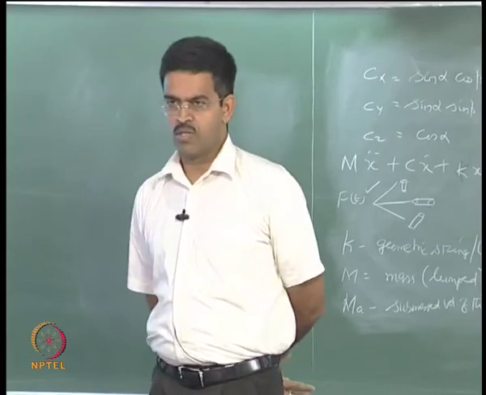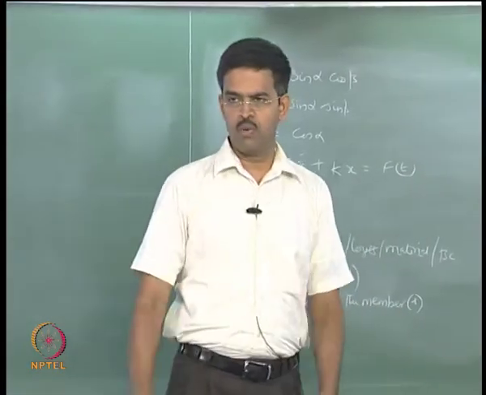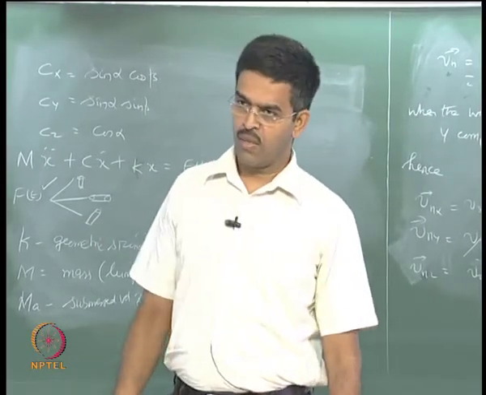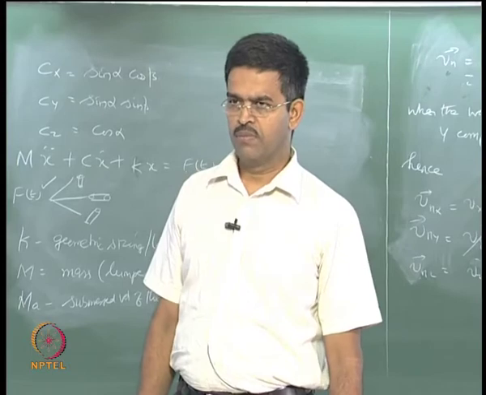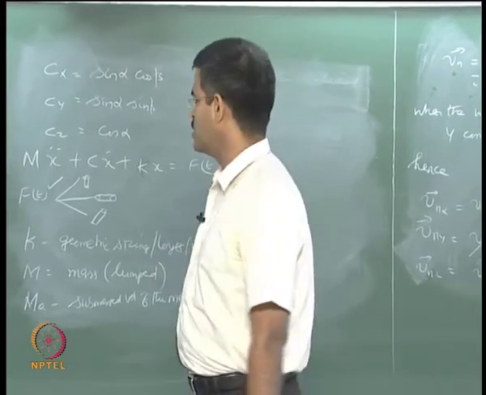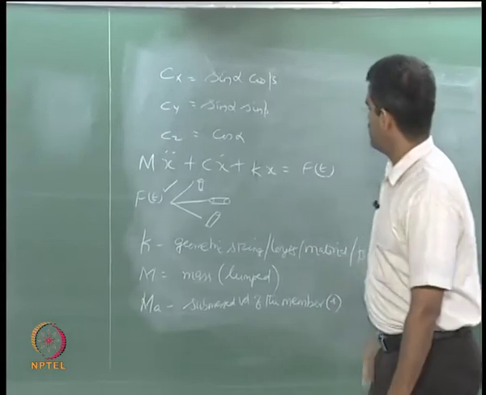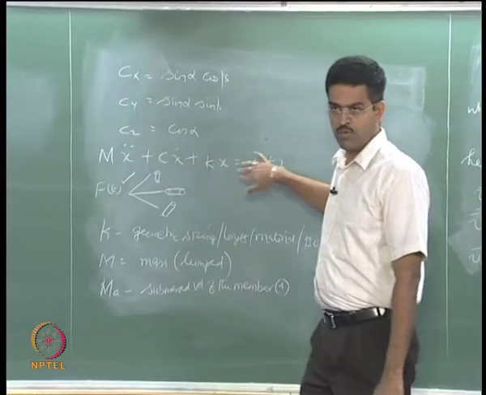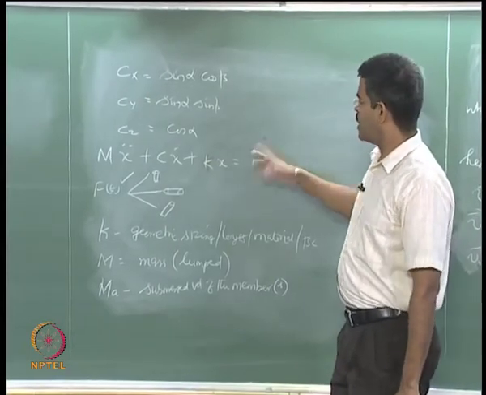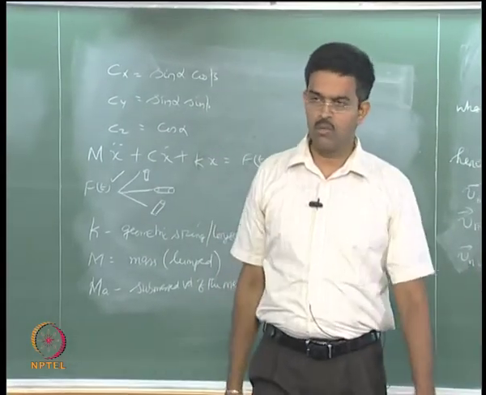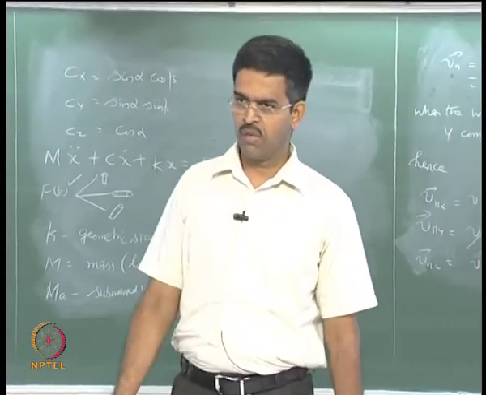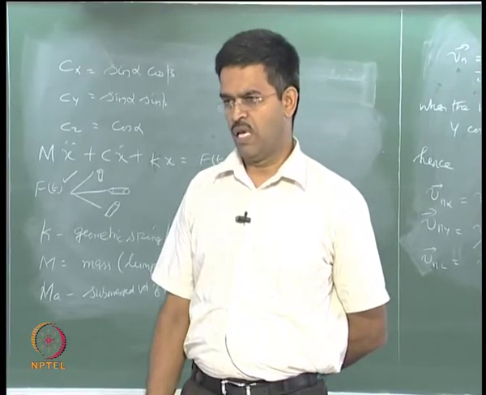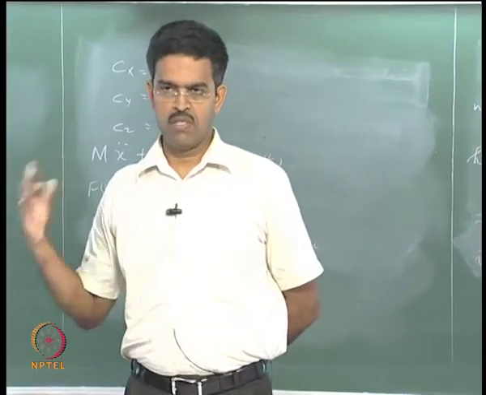Then we will take up an example and solve it and show how f of t can be computed in simple terms for both of these models, using either linearized drag or using diffraction problems. So, now I have a closed form answer that I will be able to use to estimate the right hand side of this equation of motion. The left hand side is of course a problem formulation, which I already know. I can solve this using different algorithms available to me, which I will discuss in the successive lectures. So, I can solve this in time domain or frequency domain, and get my x of t either in time history variant or frequency variant.